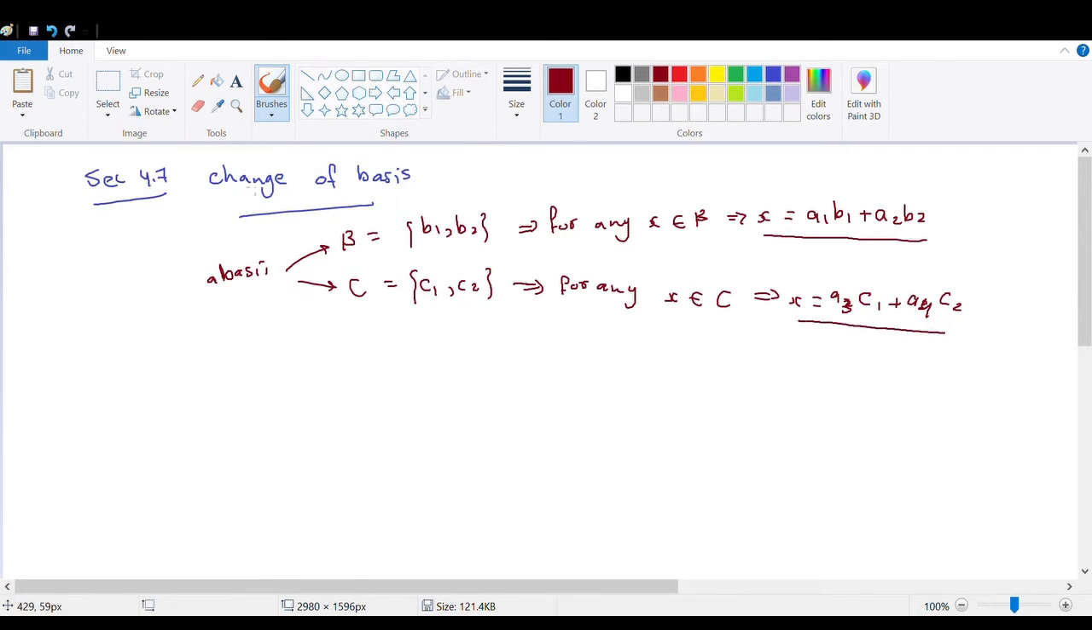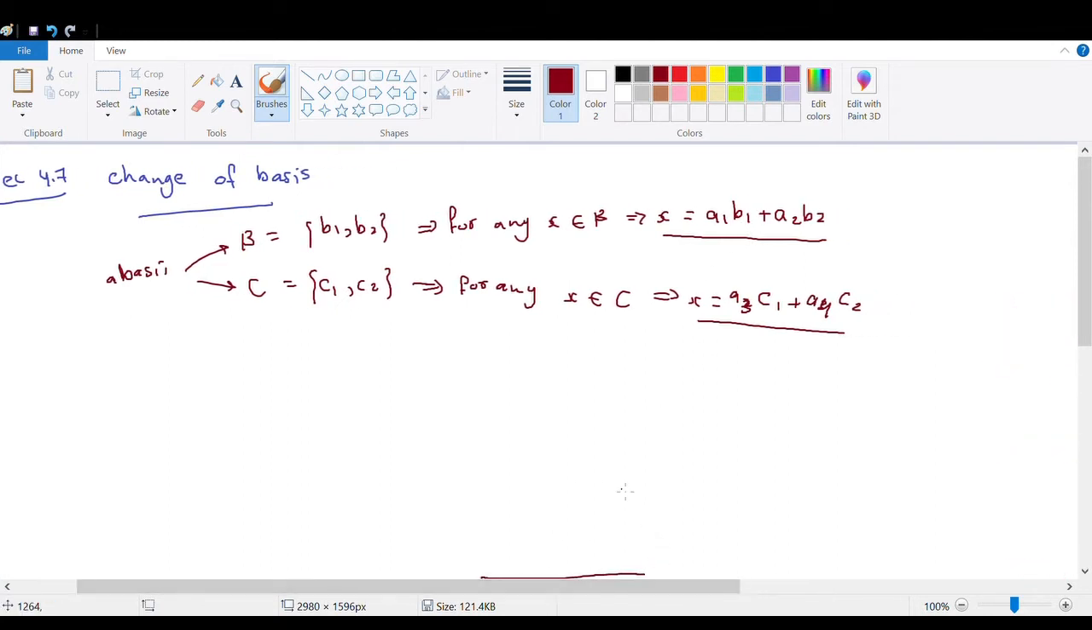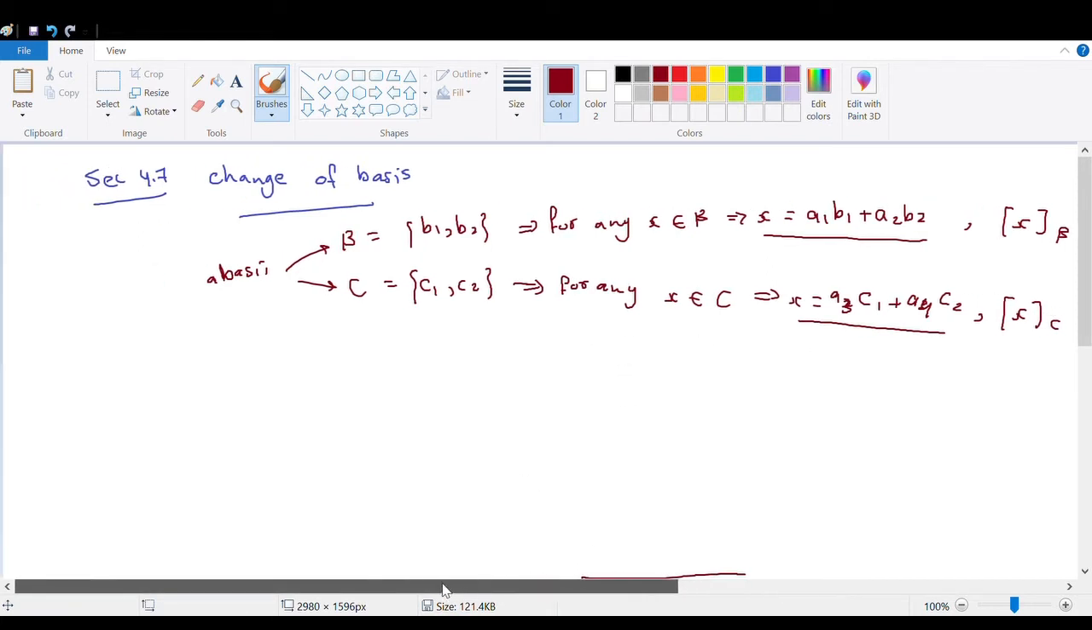So for this section, we aim to find the relation between the coordinate vector of x inside the basis B and the coordinate vector of x inside the basis C. So the relation between the coordinate vector of this one and the coordinate vector of this one. So we have this relation, which says that